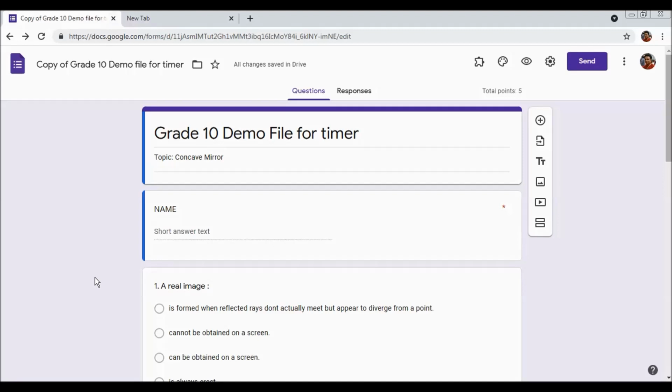So here we are. You can see this is a demo file copy for timer, Google Form timer for grade 10 I have created. When you create a Google Form, you can see this is a quiz form I have already created. On top, you can see there's an option of add on. This option will give you all the available add-ons which you have taken from Google site, and you can see in my case I have only two add-ons, but for the timer we need to have a different set of add-ons. So how to have add-on which is required for Google Form timer, so let's go ahead with that.